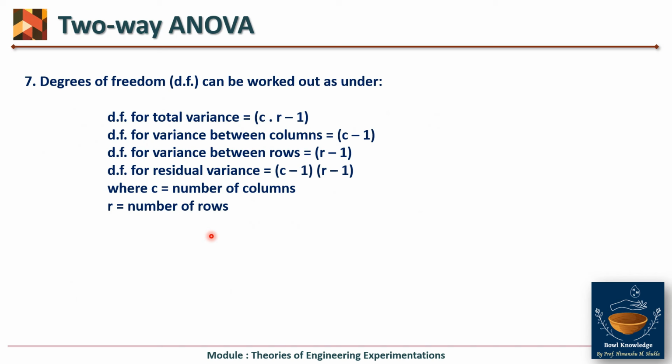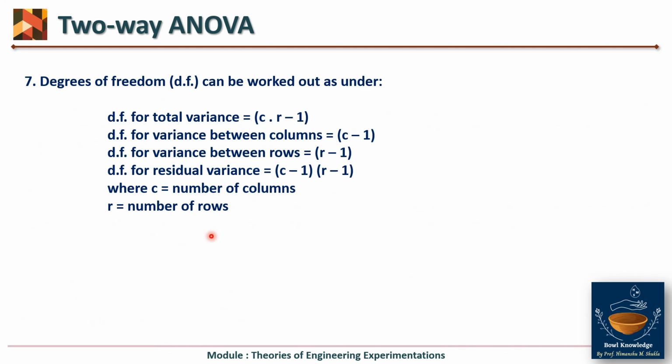So these are some of the formulas which you may mug up, or you can understand it just as 1 minus particular. Degrees of freedom is calculated by the number in that particular factor minus 1. So if we are talking about columns, तो column कितने हैं उसका -1. So if there are 4 columns, degree of freedom for column is 3. If there are 5 rows, degree of freedom for rows is 4, that is 5 minus 1.